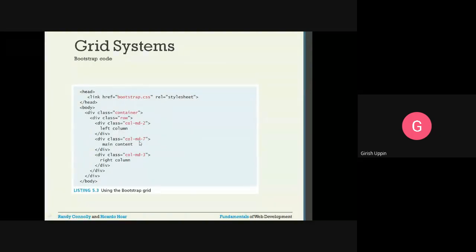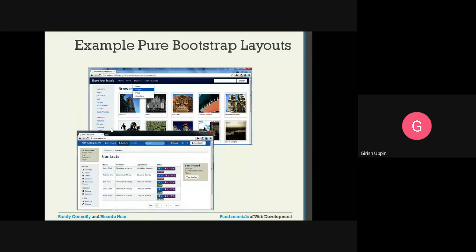Then in the middle, main content, col-md-7. That class is used for the main content, and class equal to col-md-3 is for the right column. Whatever rules are specified by these classes will be applied to the right column, main content, and the left column respectively.